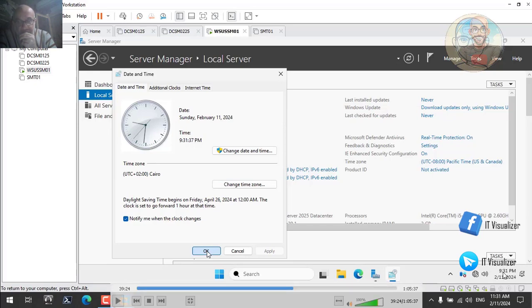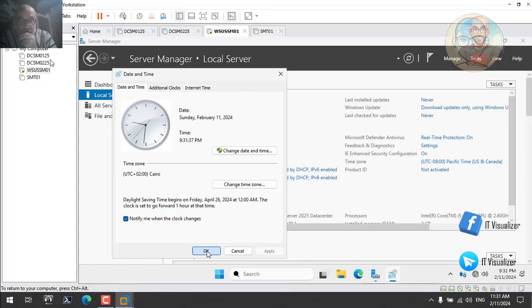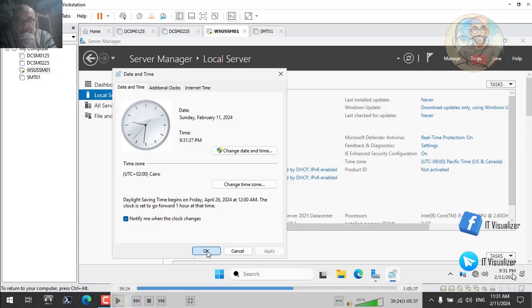So we can see here, for example, this is 9:31, so this is not the correct time. If I try to join this server to the domain, it could fail because the time is not correct. Okay, so we need to make sure that the time is correct. Once this accesses the internet, it will sync the correct time. So again, a golden rule is to have your operating system up to date, your antivirus up to date, and your time synced, or the correct time, as figures or numbers, and the time zone. Okay,